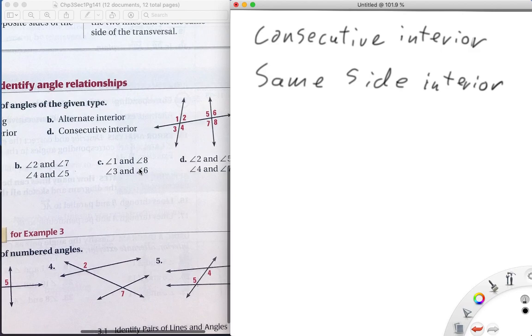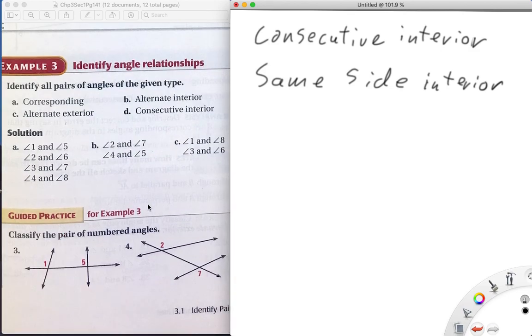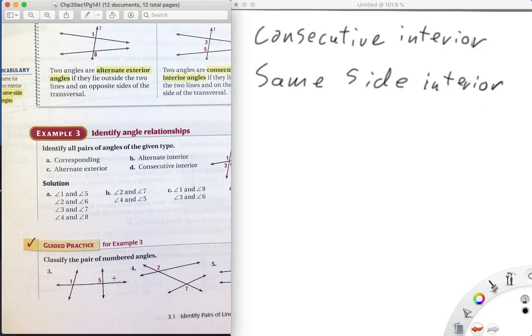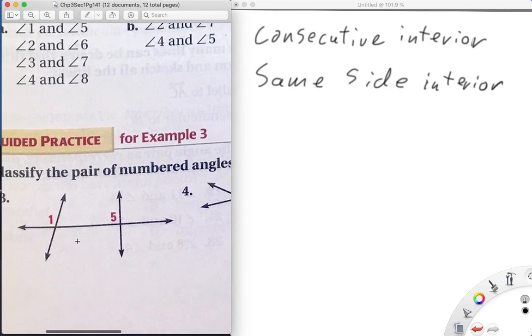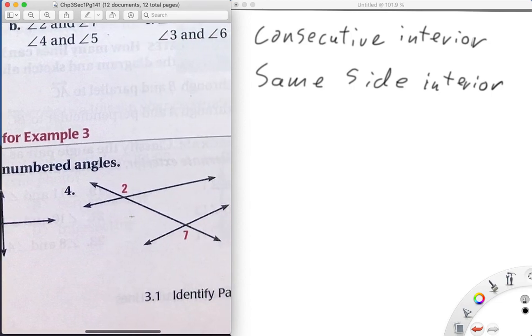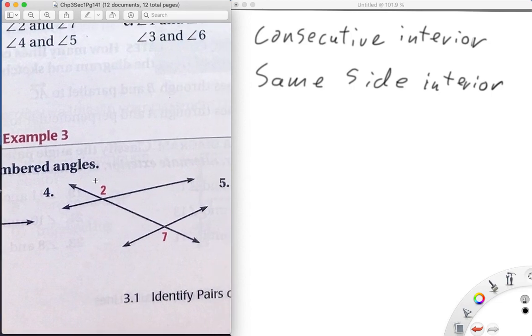So, what type of angles are we dealing with here with number 3? These guys would be corresponding angles, right? They're in the same position. This would be the top left, this would be the top left. These guys would be alternating exterior. They're on different sides of the transversal,